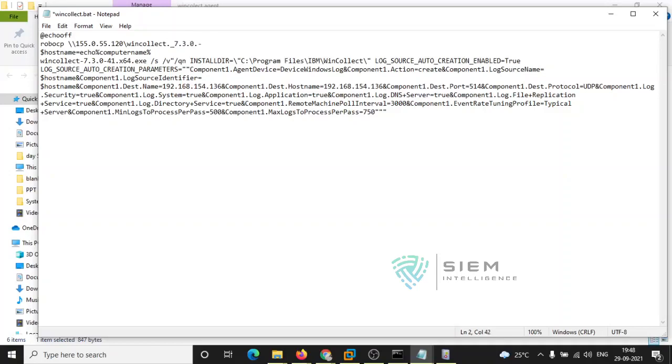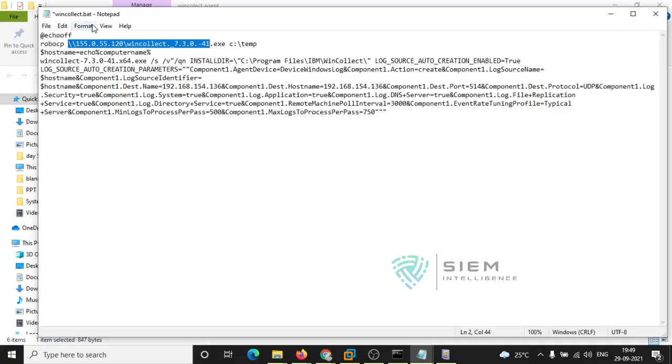Something like a .exe on your system. Once you run this, it will be stored in C10, suppose you're storing at this location. So once the GPO runs, it will copy, according to this WinCollect batch, this particular file to your C10, along with this batch file, followed by running according to this GPO. Then you can also execute some run command over a batch file or exe file on it.